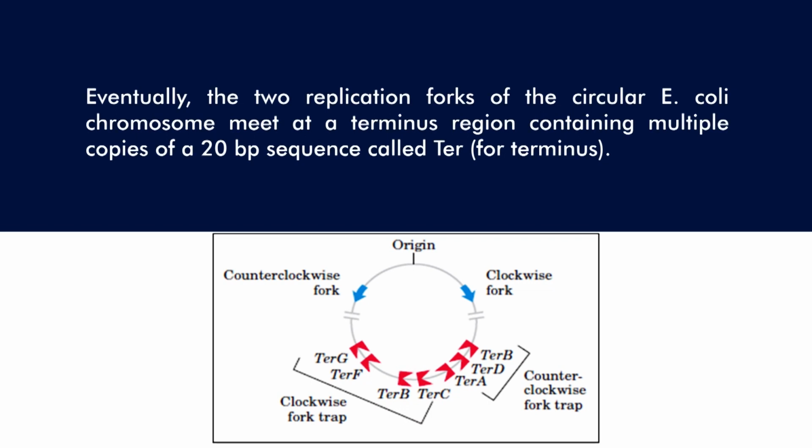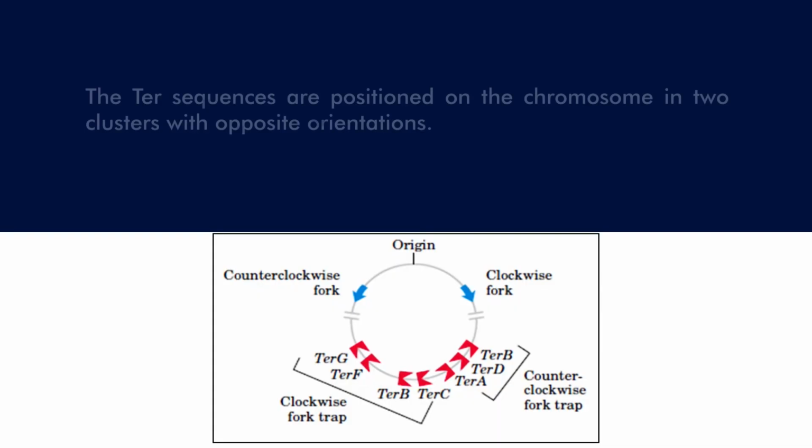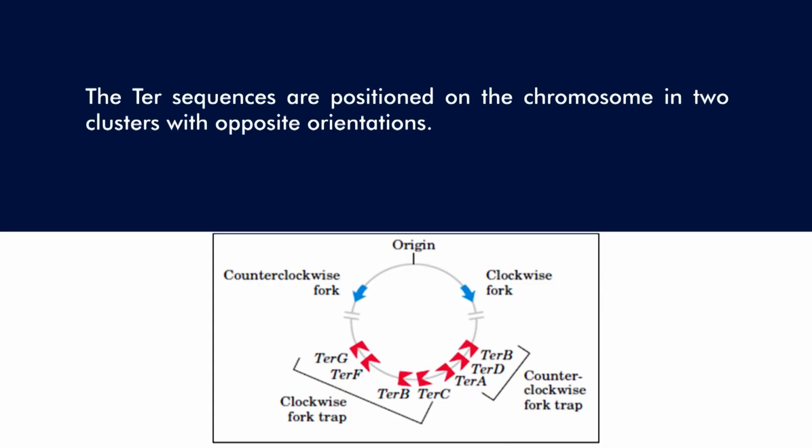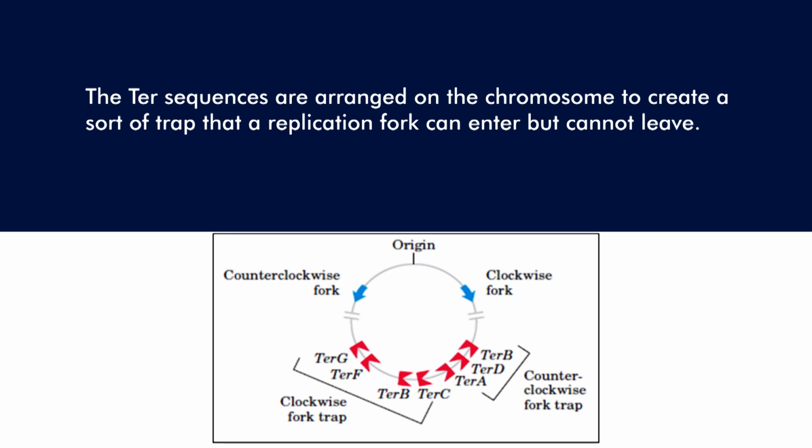Eventually, the two replication forks of the circular E. coli chromosome meet at the terminus region, containing multiple copies of a 20 base pair sequence called TER, or terminus. This TER sequence is recognized by the TUS protein and makes the TER-TUS complex. The TER sequences are positioned on the chromosome in two clusters with opposite orientation. The TER sequences are arranged on the chromosome to create a sort of trap that a replication fork can enter